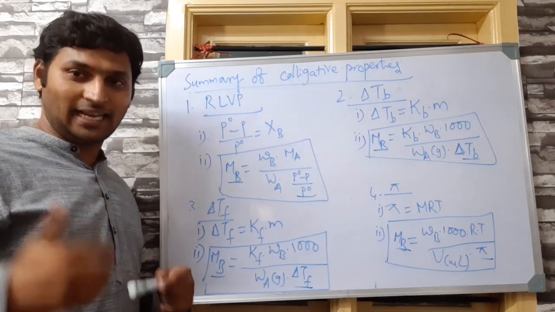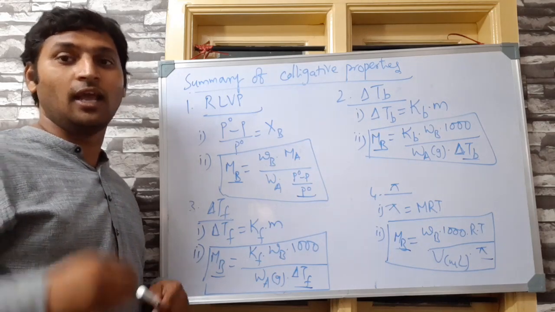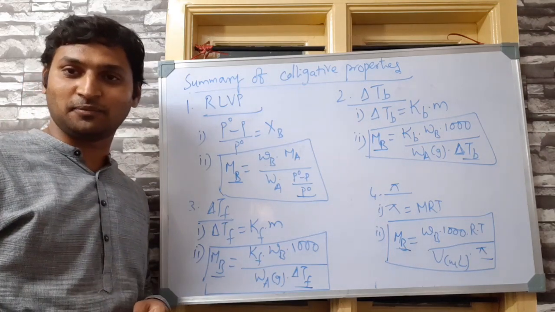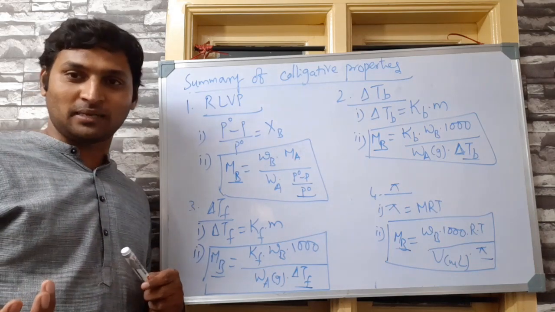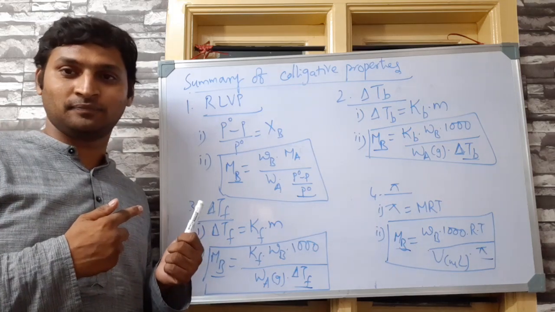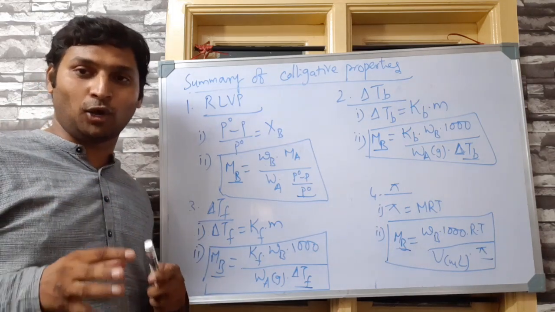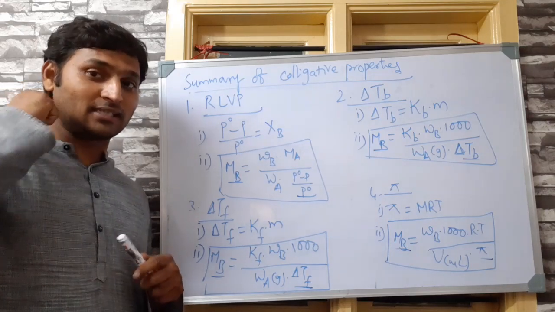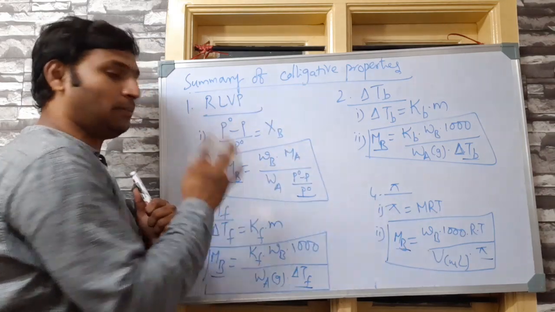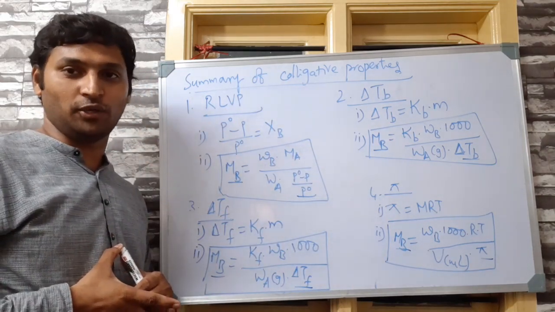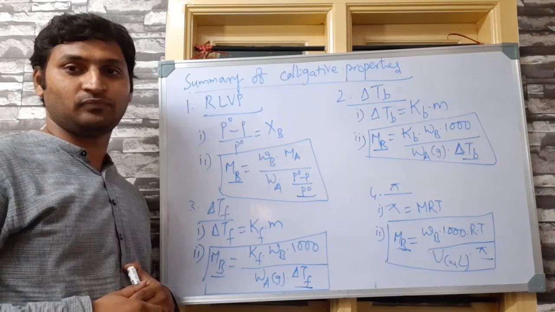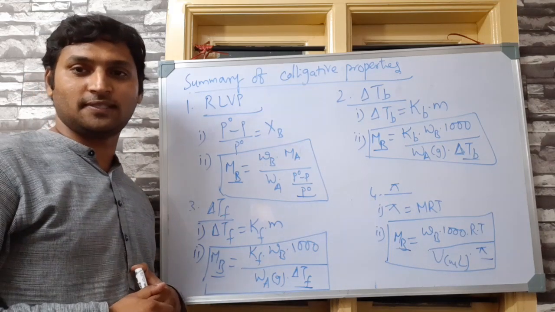Because the next topic after this, in tomorrow's session, will be abnormal molar masses obtained by this colligative properties method. Why do we obtain abnormal molar masses? And what happens to colligative property and how molar mass changes? All these discussions will be there tomorrow in the discussion of abnormal molar masses. That's why I want you to note that every colligative property is inversely proportional to the molar mass of the solute. Okay. Now let us go to the numerical exercise related to all the colligative properties.